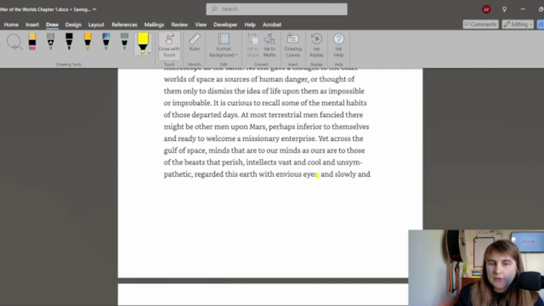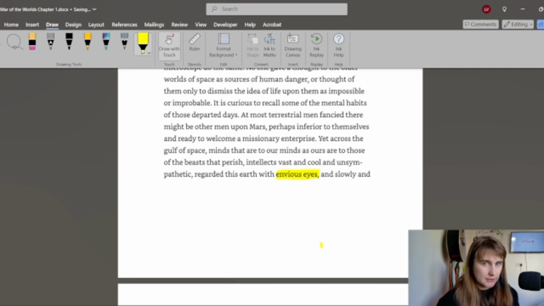This here, the envious eyes thing, it's not quite alliteration, because the alliteration, remember, is the repetition of sounds at the beginning of words rather than letters. It's visual alliteration, but it's not quite the same thing. Because the envious is an E and the eyes are an I, so it's not the same sound. But the phrase itself